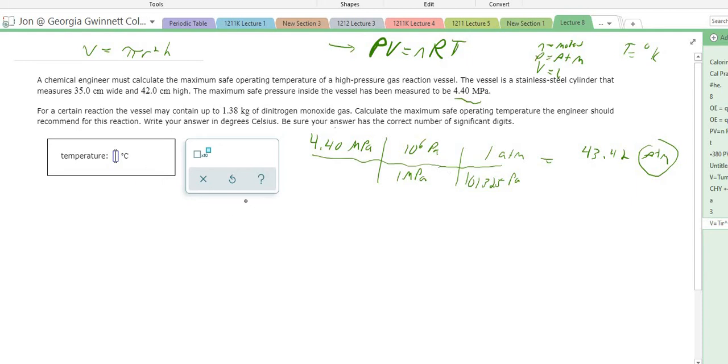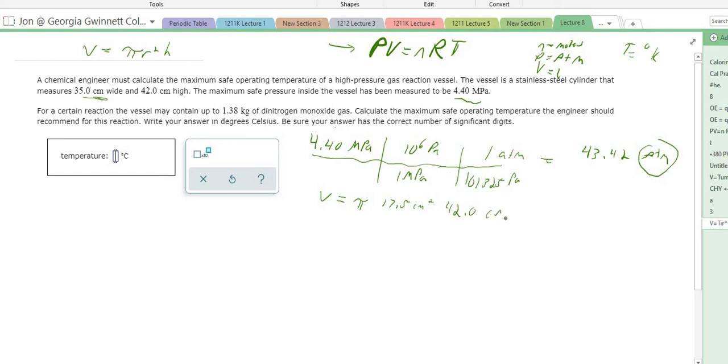Let's plug things in: the volume is going to equal pi times the radius squared. It's given in diameter, so half of that diameter is 17.5 centimeters, squared, times the height, which is